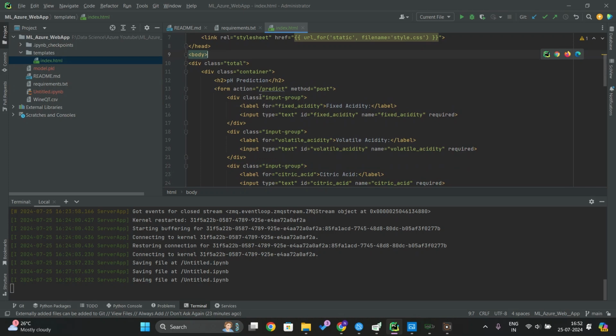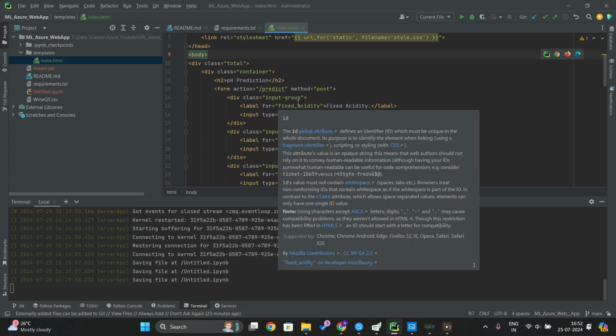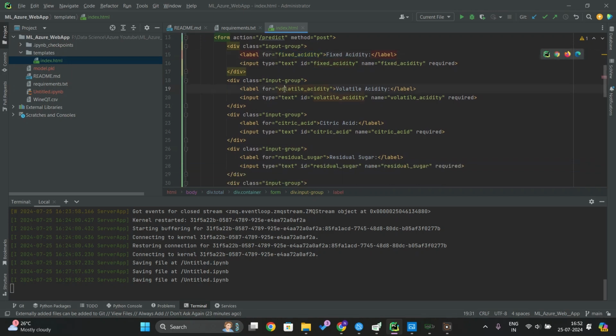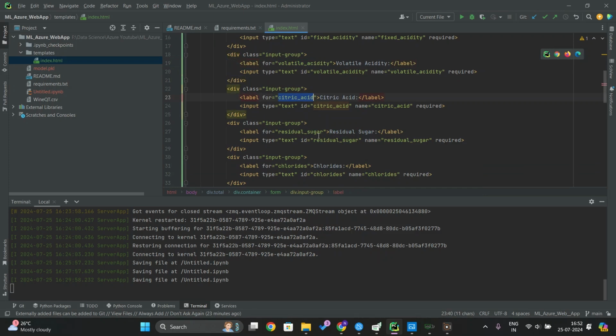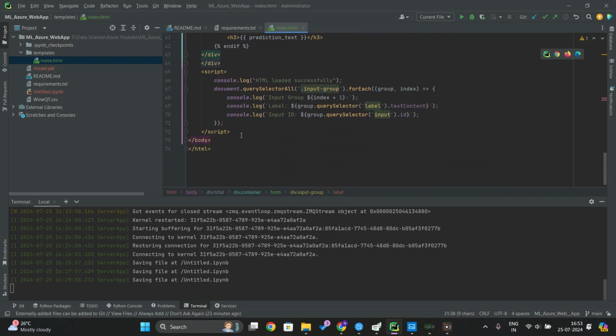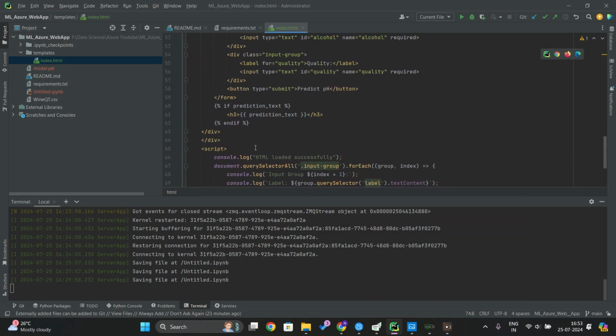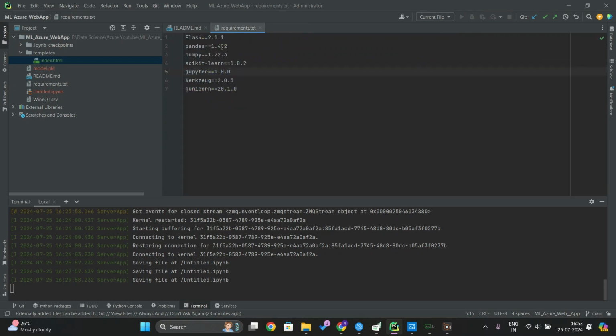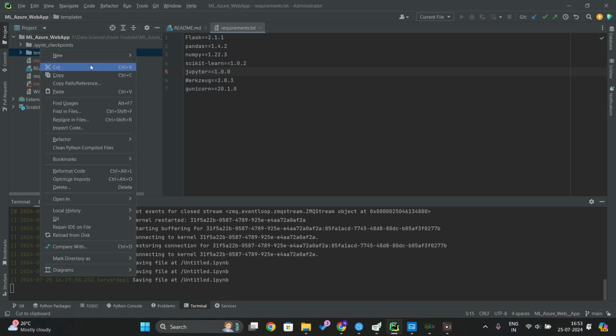In this HTML file, we're going to see that we use a form for pH prediction. These are going to be some of our features: fixed acidity, volatile acidity, citric acid, residual sugar, chlorides, and so on. You can pretty much copy this from the GitHub repository from my link in the description. I'll just save this,